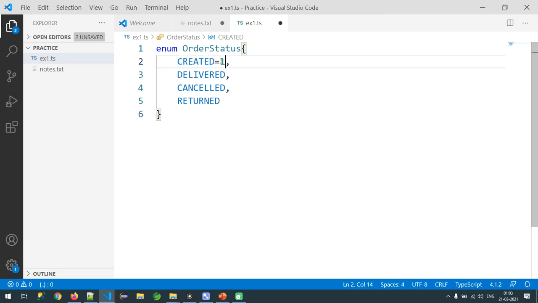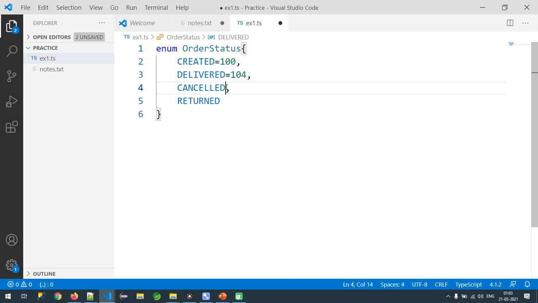You can simply do this: 100. Now observe, the created value is 100, delivered is 101, cancelled is 102, and return is 103. So you can specify the starting value, and automatically the next values increment by 1.